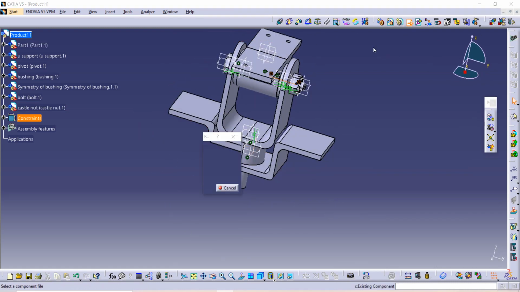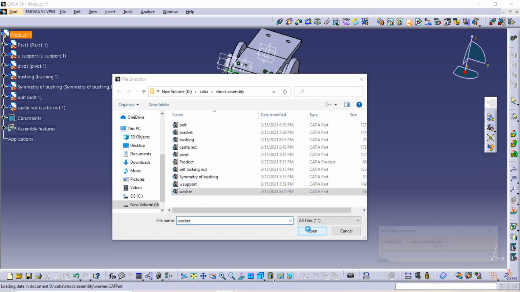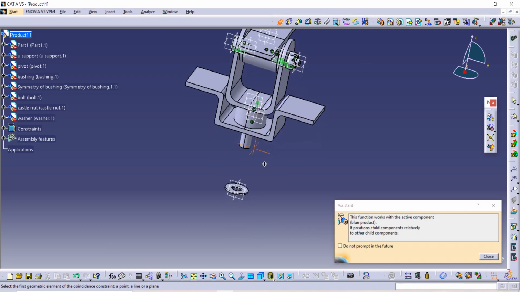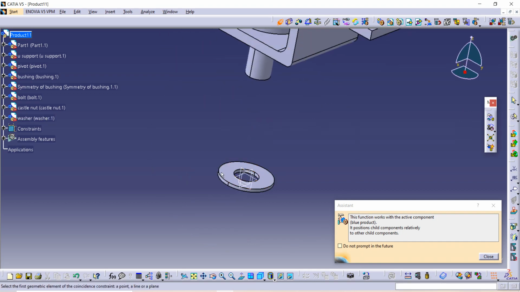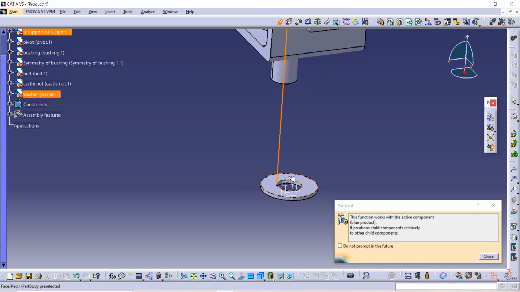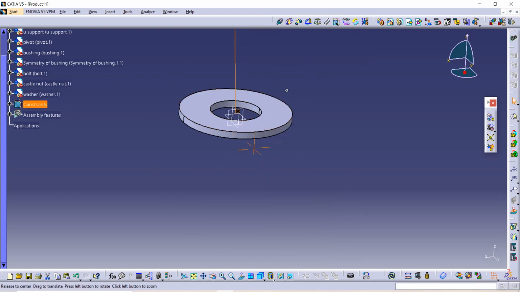After that we are going to import our next component. Let's see what our next component is. Our next component is washer. Open it, then select this constraint, select axis of this one, axis of this, and it will take some time to select axis because it's a very small component.